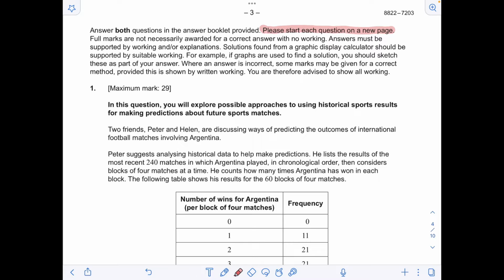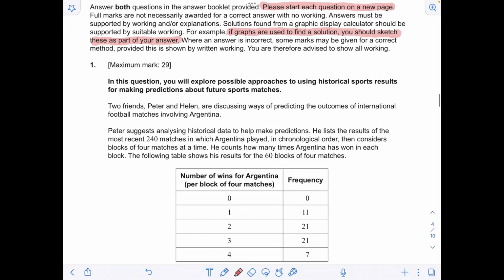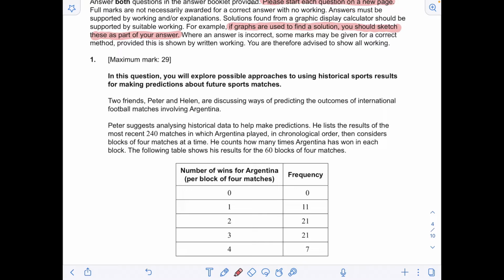And the second thing to note is that you should show all work as much as possible. For example, if graphs were used to find a solution, you should sketch those graphs as a part of your answer. And one other thing it doesn't say here, but you should note, is always use the unrounded version of any previous answers to calculate any further answers. Okay, so starting with number one,